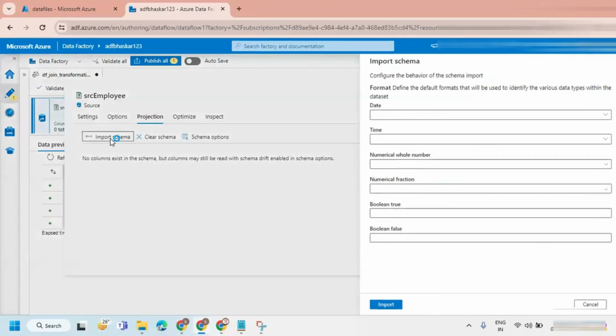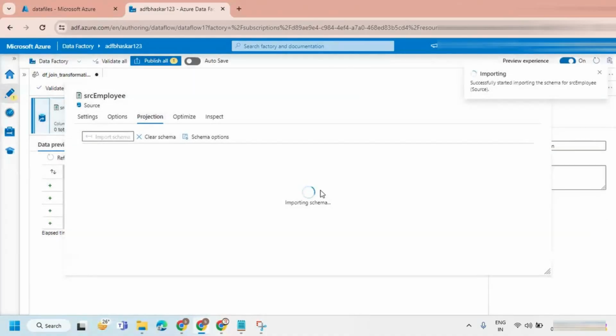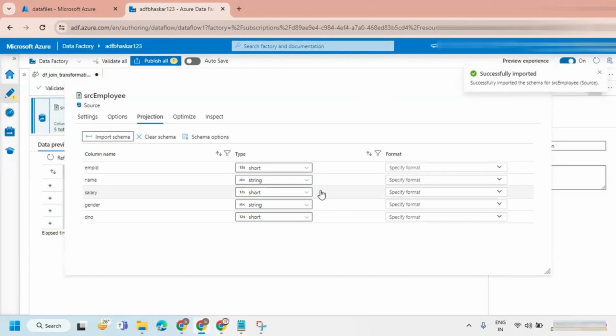Let's import it. So everything is perfectly all right.